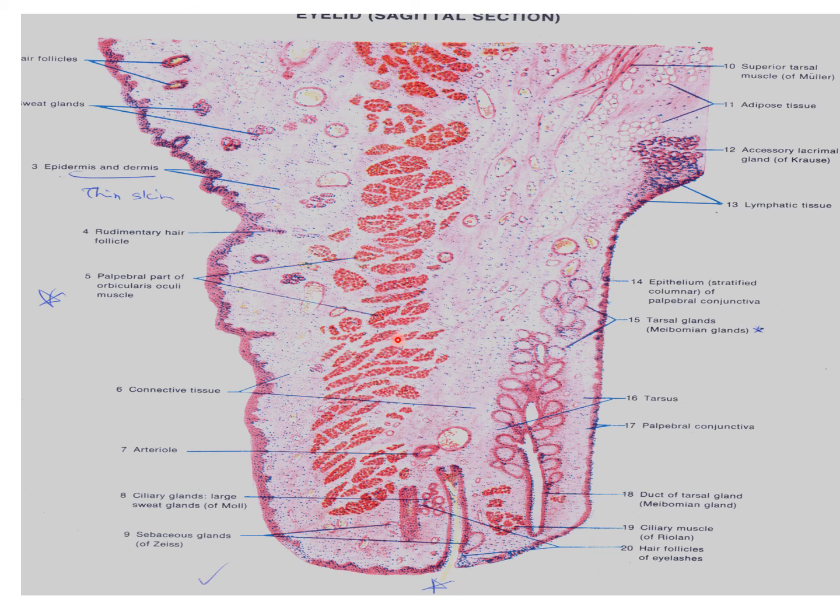The skeleton of each eyelid is formed by a mass of fibrous tissue called the tarsus or tarsal plate. This one is the tarsal plate. On the deep surface of the tarsal plate there is a series of vertical grooves in which the tarsal glands or meibomian glands are lodged. This is the tarsal gland or meibomian gland, and this is the duct of the meibomian gland. Occasionally the gland may be embedded within the tarsal plate. Each gland has a duct that opens on the free margin of the eyelid. The tarsal glands are modified sebaceous glands.